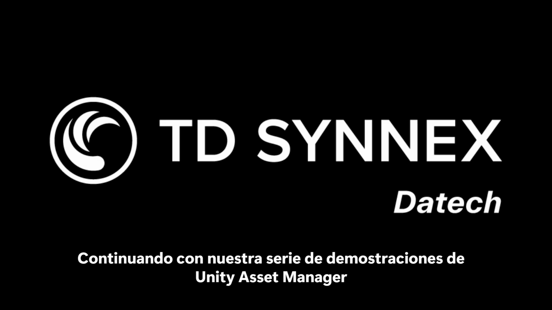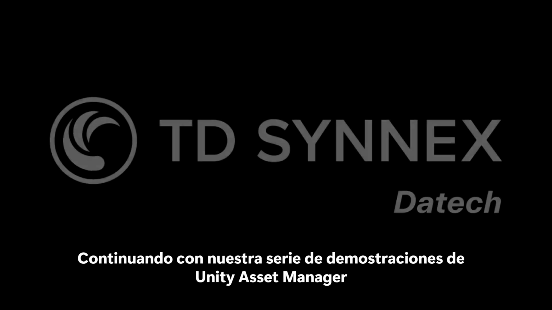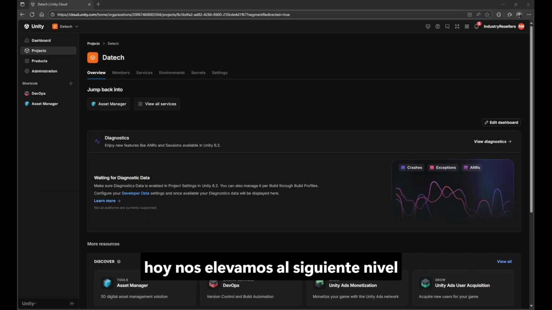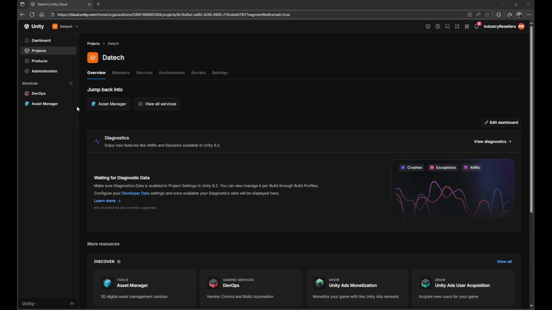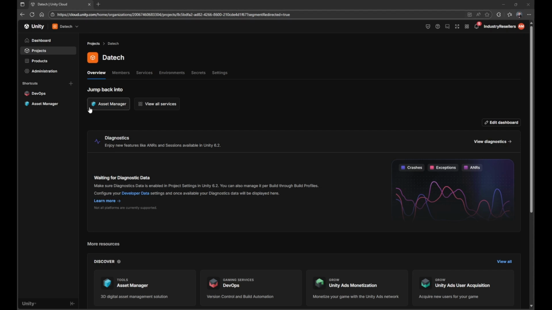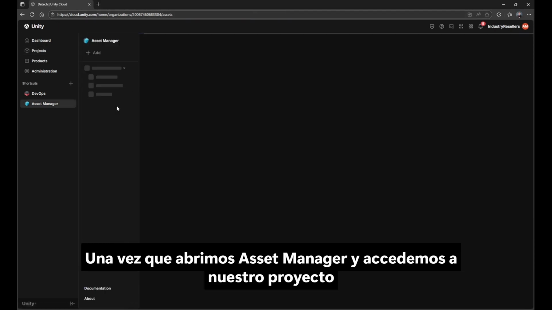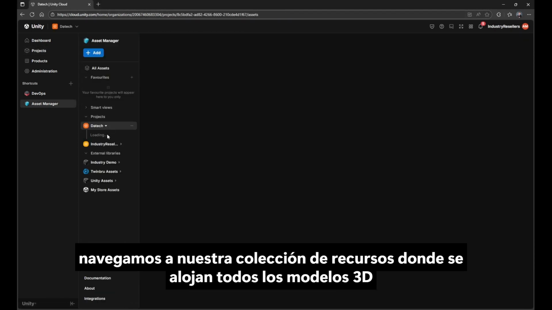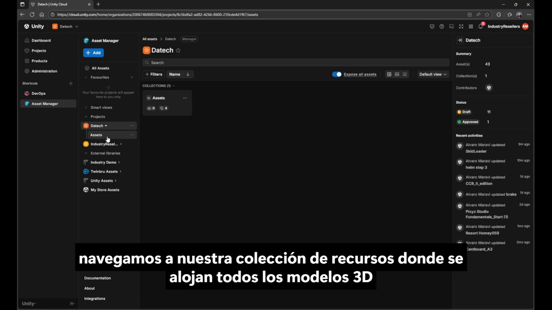Continuing our Unity Asset Manager demo series, today we're taking things to the next level. We're inside cloud.unity.com. Once we open Asset Manager and access our project, we navigate to our asset collection, where every